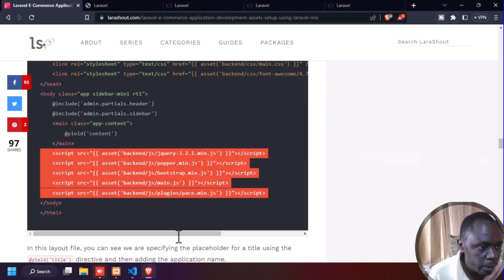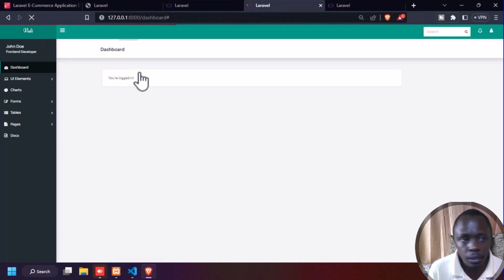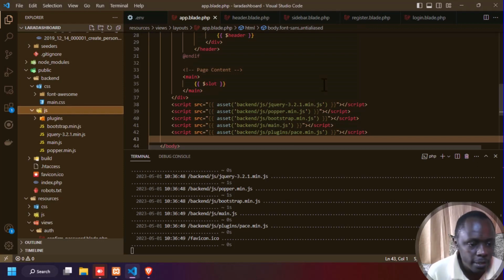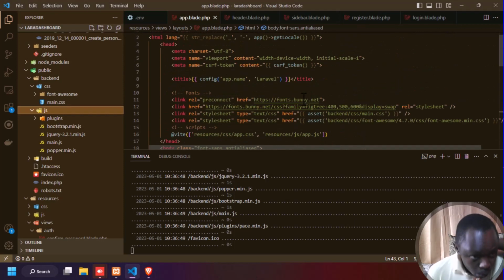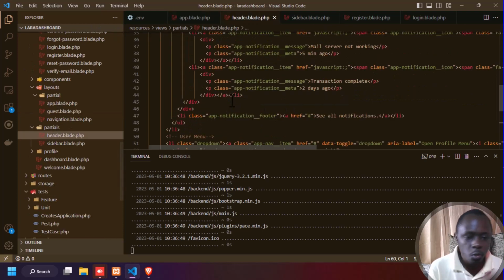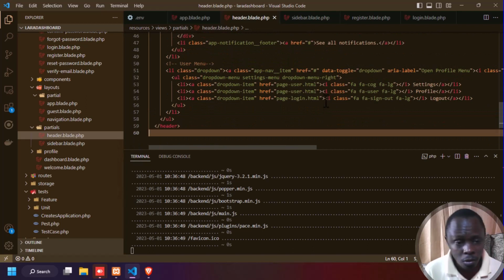So when you reload your project, all the files will now have the functionalities. So we want to bring the settings, the profile, all that into that. So what we are going to do is go back to our header. Now we are just going to replace these functions. And the way to go about it is also just to look at how the filing system has been used on